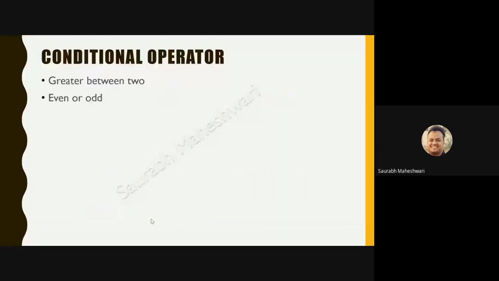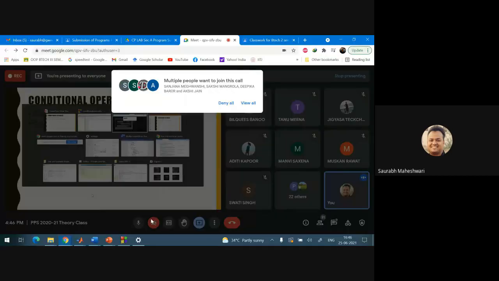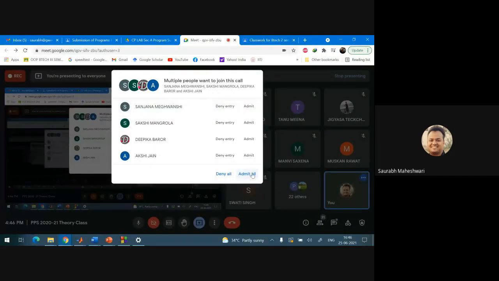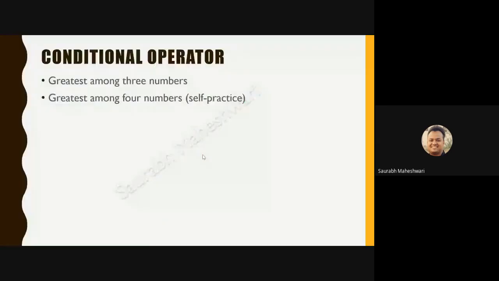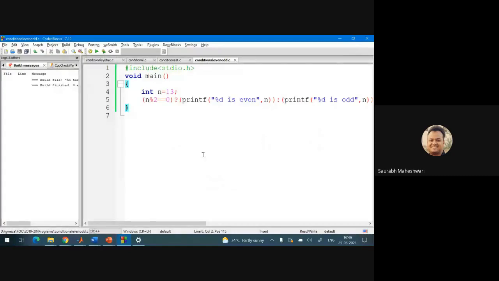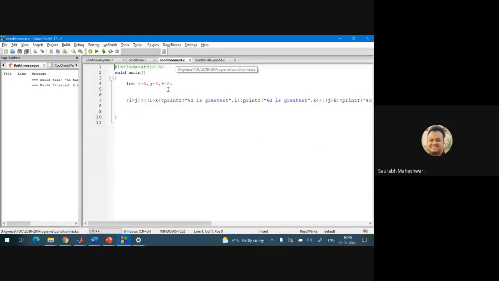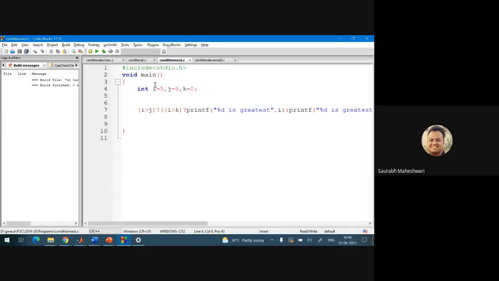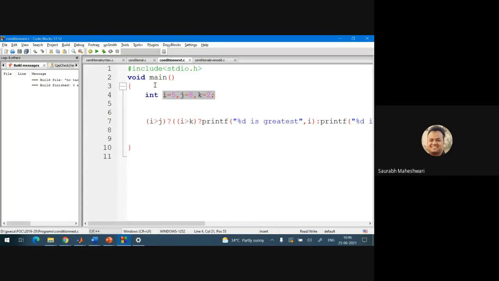Okay, now let us move to one more program, greatest among three numbers. Now our objective is to find the greatest among three numbers. So we will just take three numbers, suppose these are those three numbers, i, j, and k.